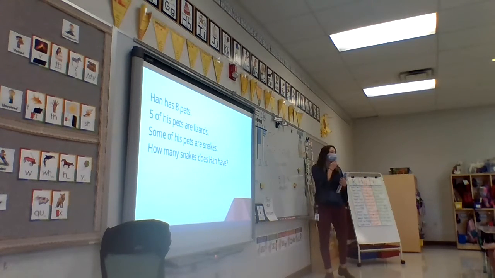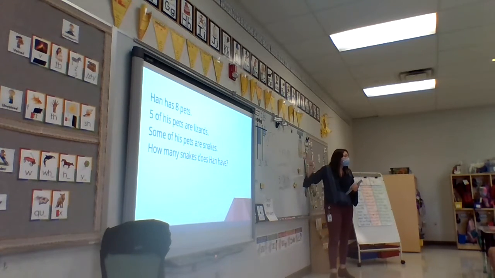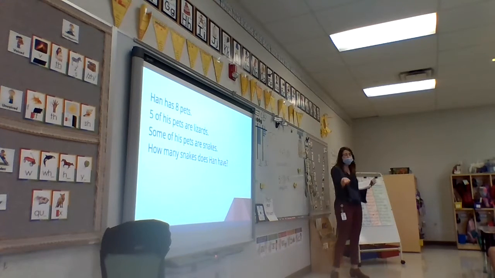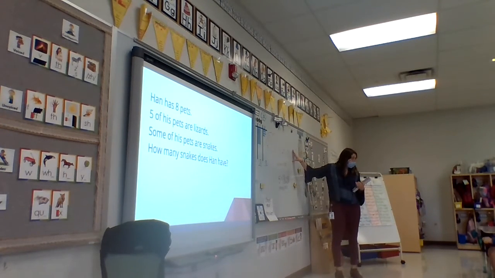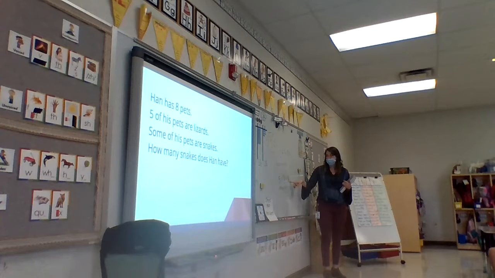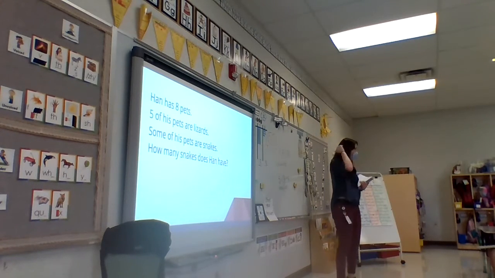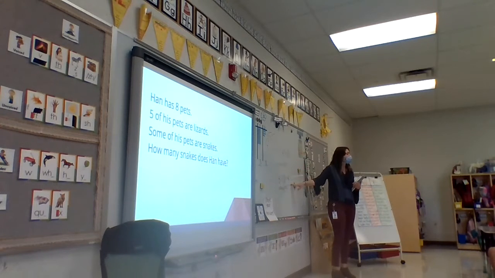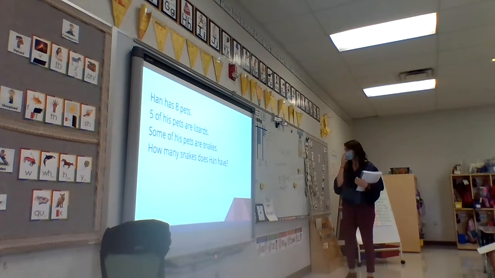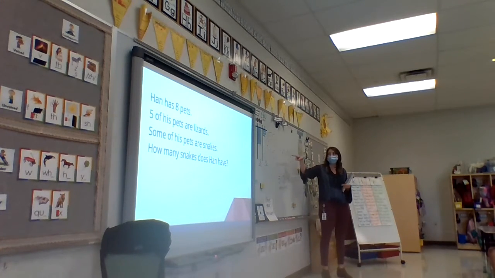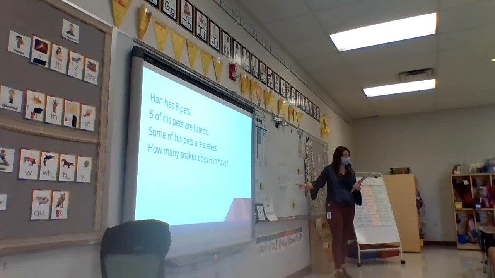Okay, so in this problem, we had the 5 and the 8, or the 5 and the 3, but we didn't know all together, right? Nod your heads if you understand. In this problem, we knew the whole number, 8, and 5, but we didn't know one of the add-ins. Could you use your knowledge of fact families for these two problems? Yes. Could you have used your knowledge of fact families? Yes. Of course you could have. So if you knew that 5 plus 3 equals 8, if you needed this box, would you have known that? No. It would have been right